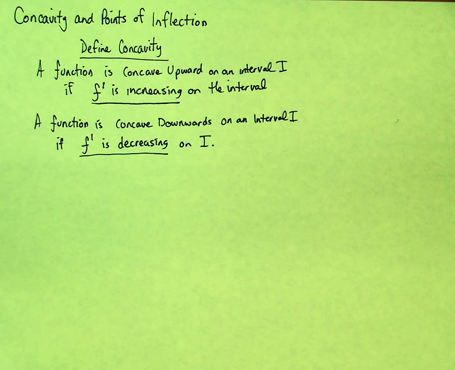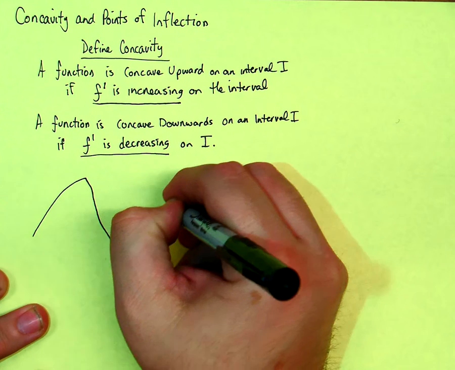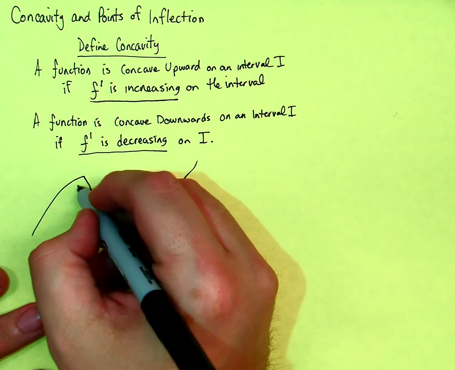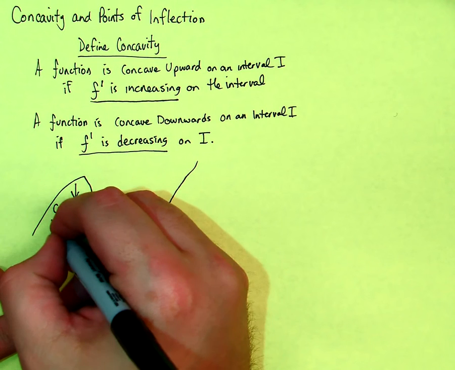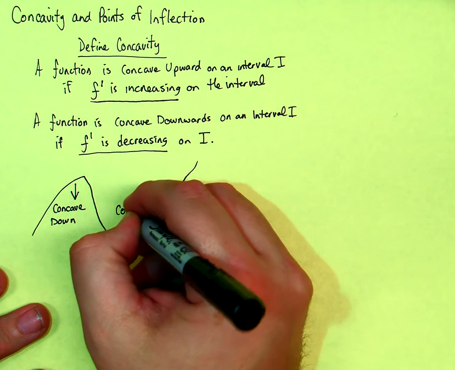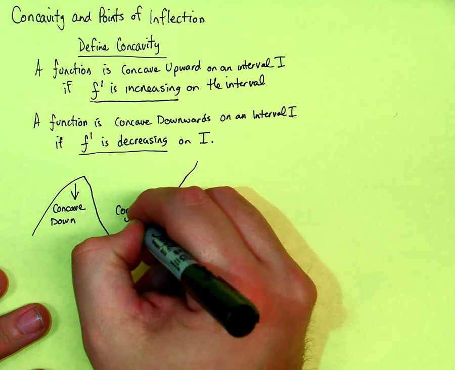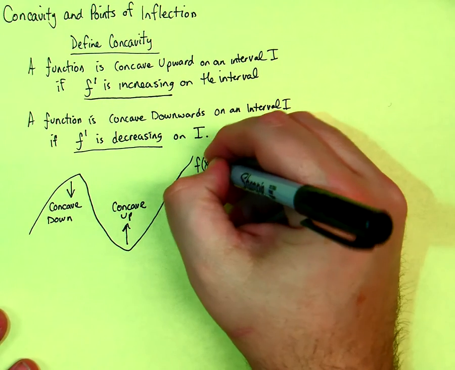Now, to give you a visual about concavity, right here, we're concave down. And right here, we're concave up. If this is f of x,